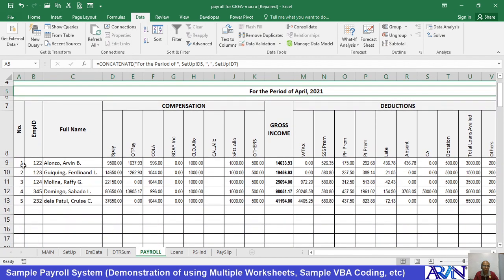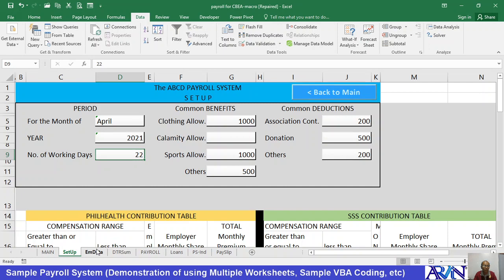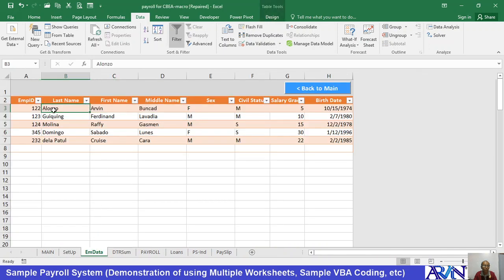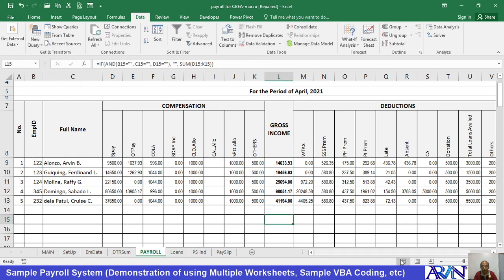Now going over this one, I am using the same formula for this, and the same is true with this. I am using the same formula. I am getting the values from the setup, from the employee data. I am concatenating the last name, first name, and the first letter of the middle name. So just to show you the